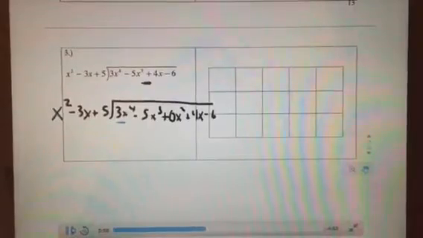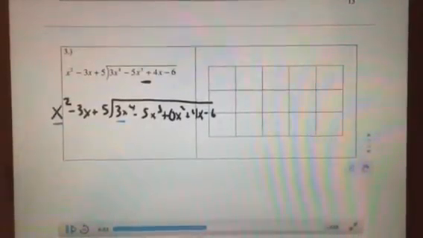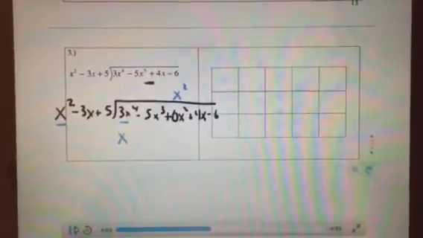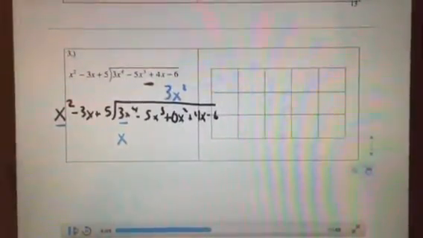So again, focus on the first terms. 3x to the 4th divided by x squared leaves us with 3x squared. So 3x squared times x squared is